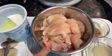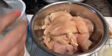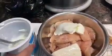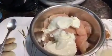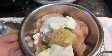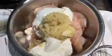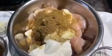Here I've taken about 500 grams of chicken pieces, boneless. Into this I'm going to add about half a cup of curd. This should be about half a cup. Into this goes 2 tablespoons of ginger garlic paste in equal amounts. Then a teaspoon of cumin powder, a teaspoon of red chili powder,